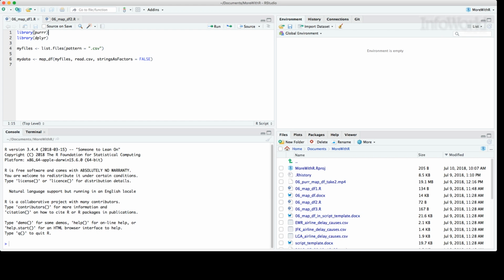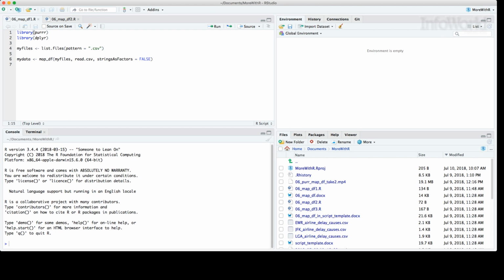Today, I'd like to show you map_df. I've got 3 CSV files, each with information from a New York City airport about delays. I'd like to create one data frame from importing all 3 files. The format for any of the map functions is map, data, function, and then any additional arguments you want to pass to the function.